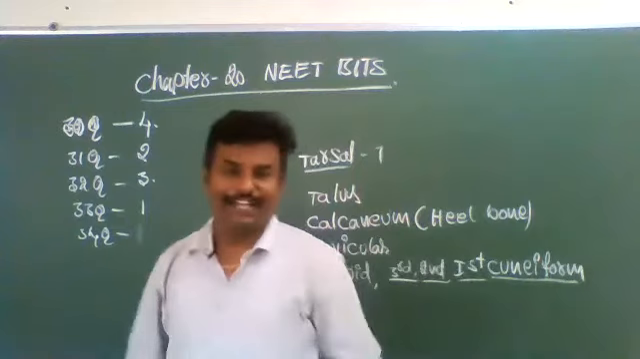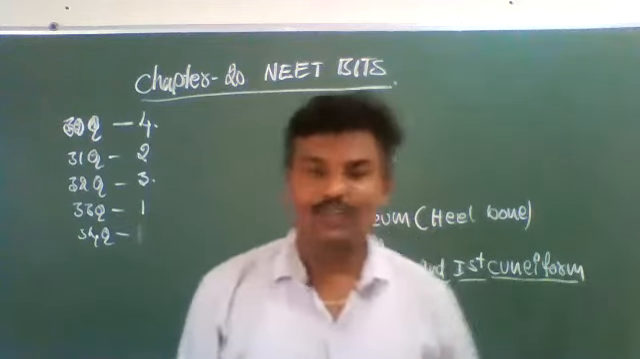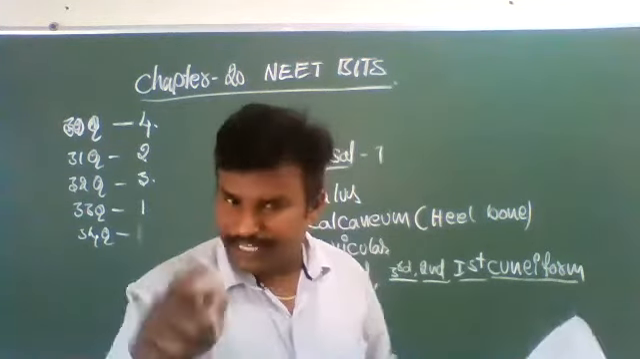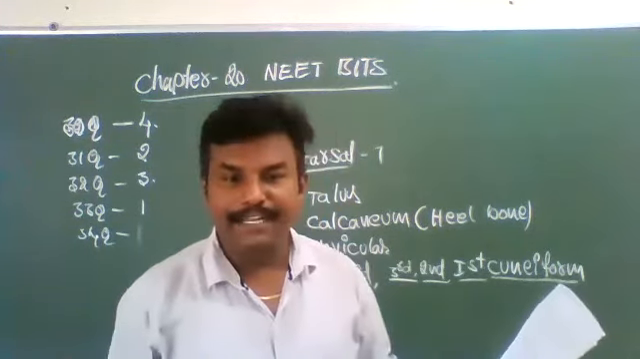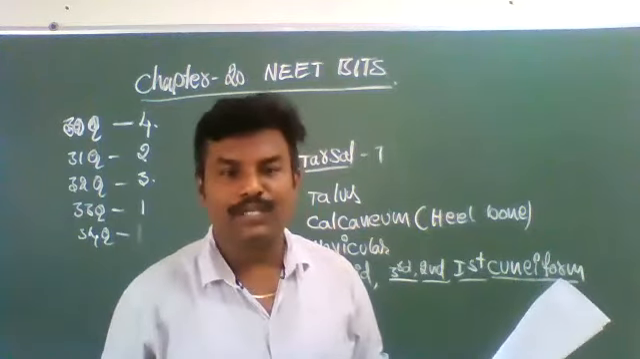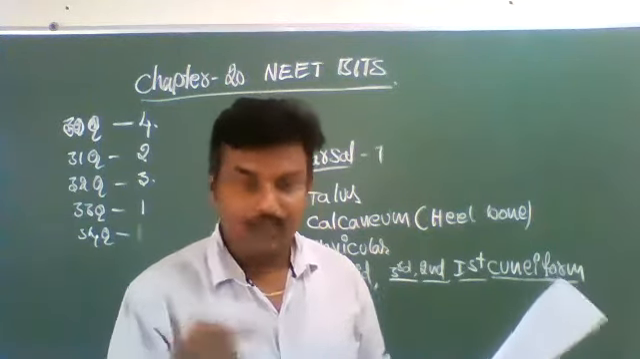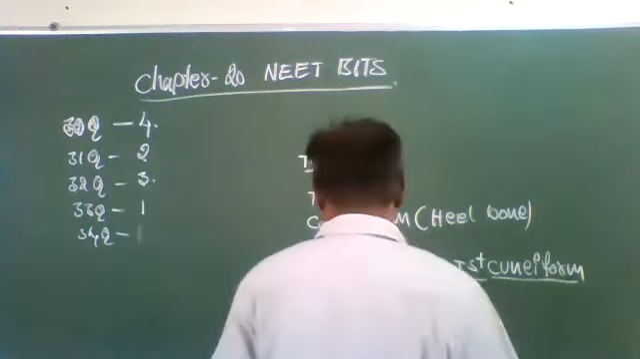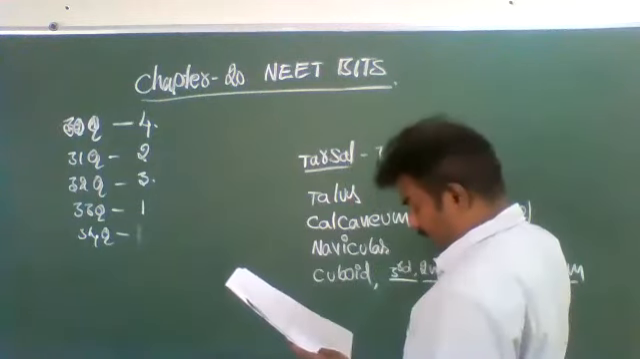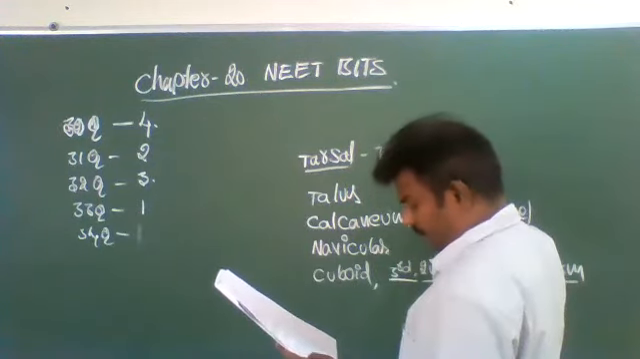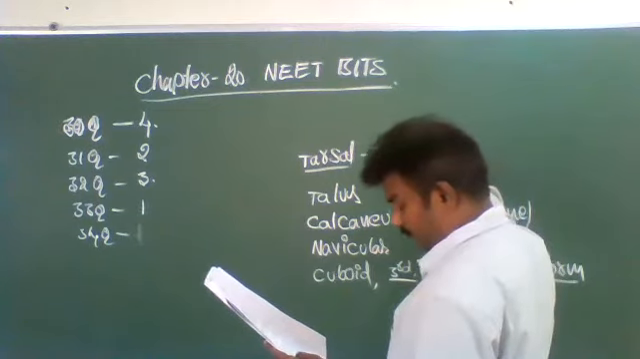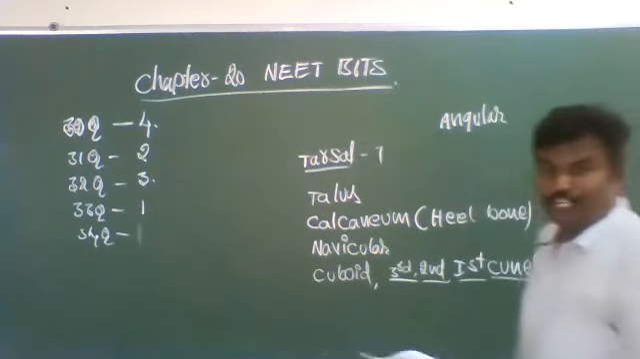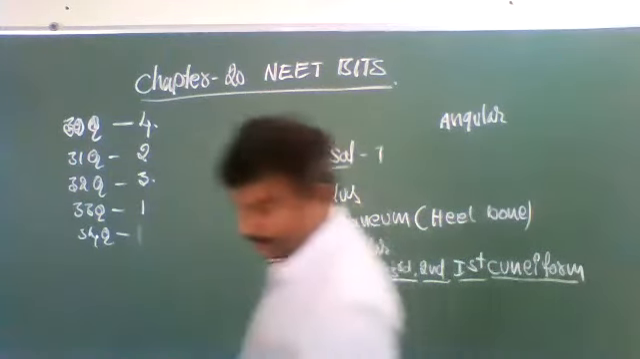Fourth one, angular joint. It is a new one. It's not there in our syllabus, but it is also important to learn. Everybody write it down. In the textbook it is not there now, and in my reference books I also could not see it. But in this question I have seen angular joint. So the angular joint means